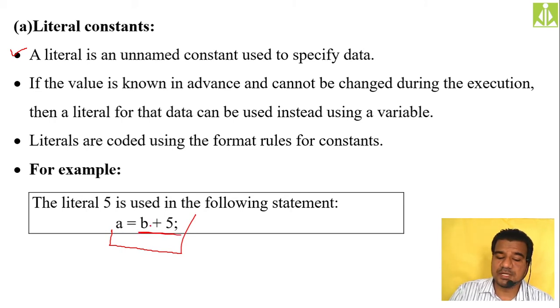So when you are saying B plus 5, over here A and B are variables. Their values are unknown. During the program execution, they will vary according to the input or according to the value assigned. But this 5, as a count, as a value, is a constant. It is a literal constant. You cannot change the value of 5. It will remain 5 as a count, isn't it?